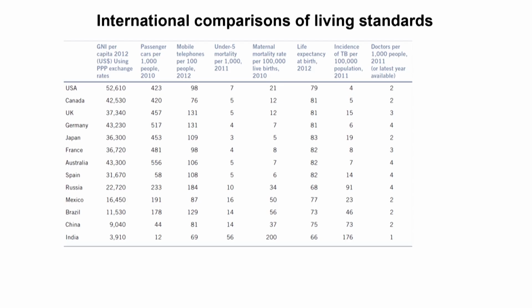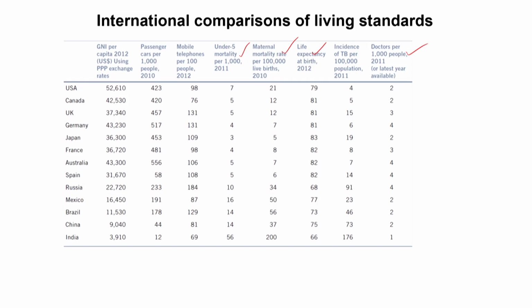So you can see that high income countries, for example, USA, Canada, UK, Germany, not only have high per capita income, but also better health outcomes, greater access to services and more infrastructure. When you look at India and other developing countries, you can see that they are lagging behind in most indicators, especially in health and doctor availability. You can see here maternal mortality, under 5 mortality and all, highlighting gaps in both income and social development.